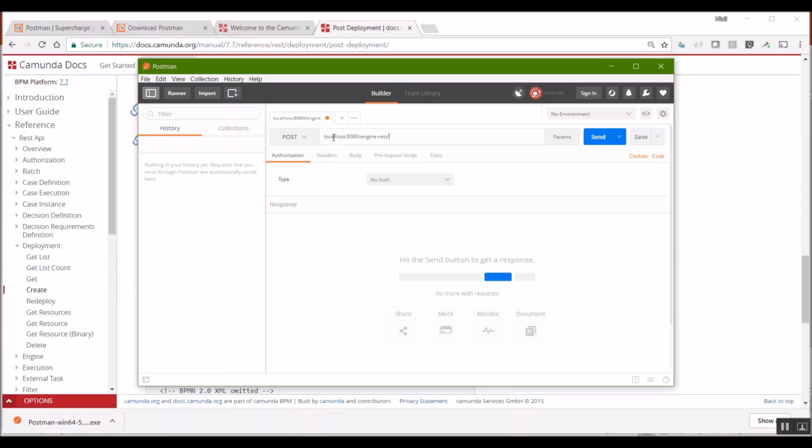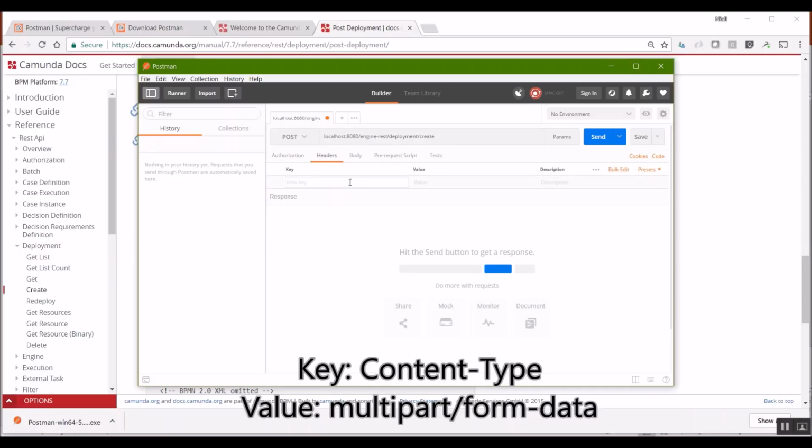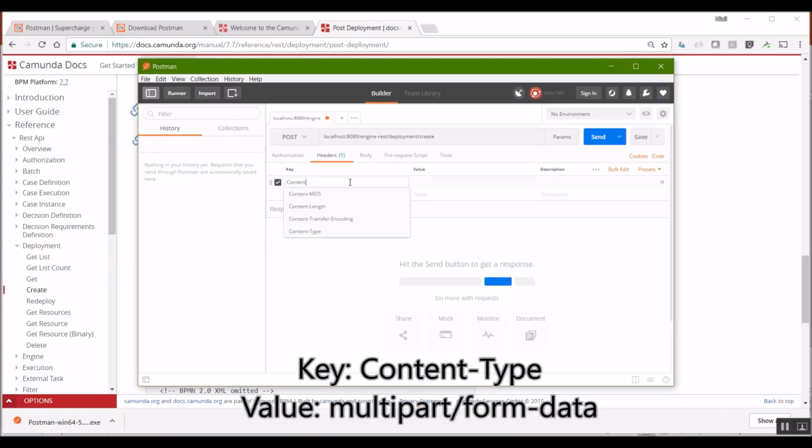And I'm going to add to that deployment and create. Okay. So the next thing to do is I need to go to the headers and add content type. And it is going to be multipart form data because we're going to be sending a file.